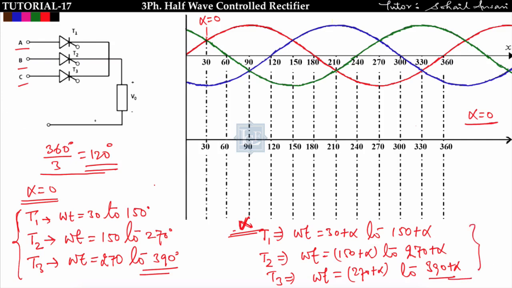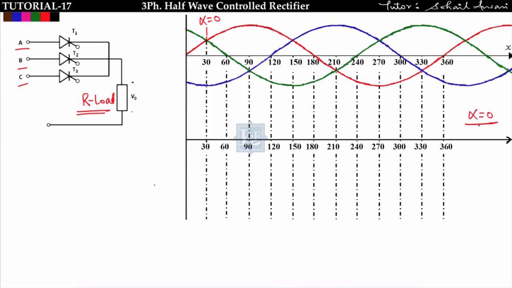Now let us see. I am taking first R load. Okay, load is connected, that is resistive in nature. Is it fine? Now see, I am drawing the waveform for alpha is equal to 0. I already explained you. For alpha is equal to 0, see here, this is VA0, this is VB0 and this is VC0. And I have already told you this VA0, VB0 and VC0 are 3-phase supply given at the anode